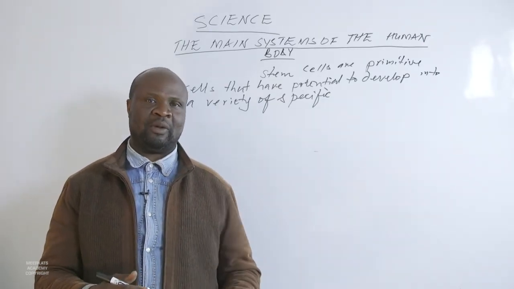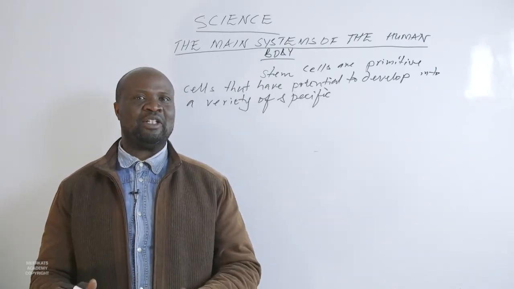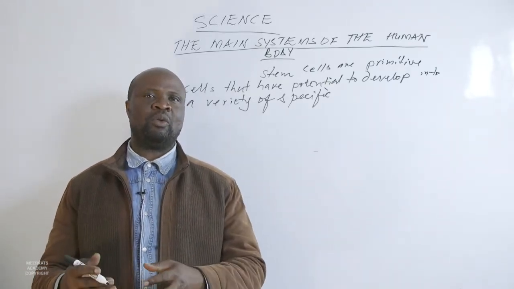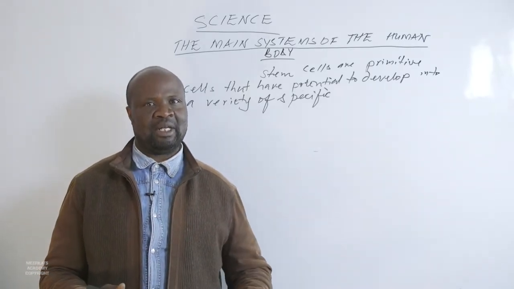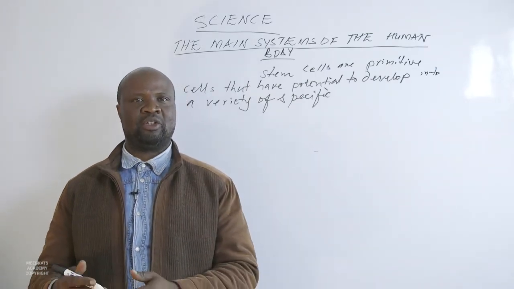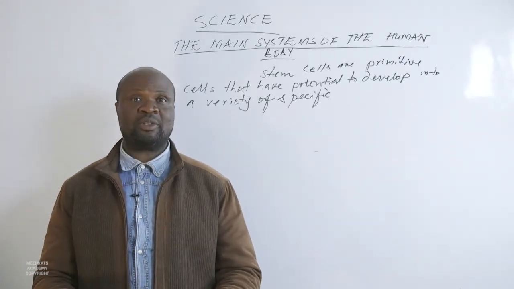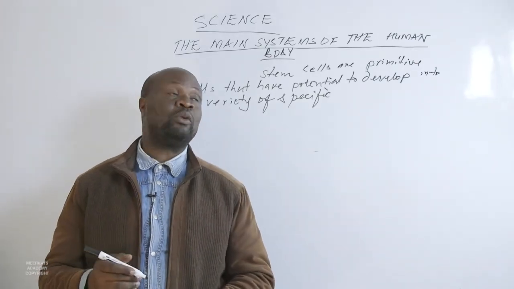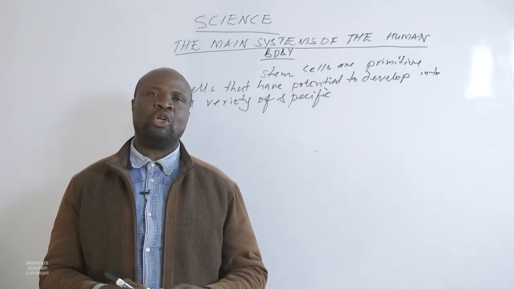And these organs, whether it is the lung, or even the heart, we can come up with them. So if a human being has a problem with the kidney, then through stem cells we can develop a kidney and replace that kidney that was ailing. So they can do what we call a kidney transplant. They can even do a heart transplant if through stem cells they have been able to develop such important organs. So we are saying through the development of stem cells, scientists are now able, one, to replace